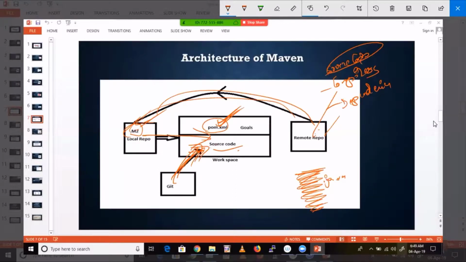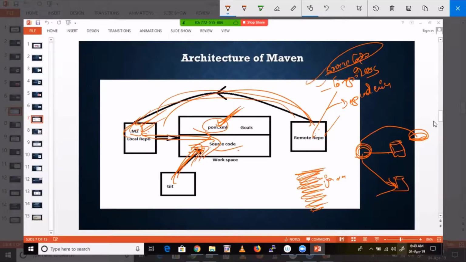Same as in Docker, we have seen, right? If you want to create any container, first it will pull that image from Docker Hub. It will place that image on the local machine first. From there, it will use it to create a container. Next time, if you want to create one more container with the same image, it will directly use this image. It need not pull again from Docker Hub. Same here also: compilers and dependencies it will pull from the remote repository, place in the local repository, and use from there. Next time, if you want those compilers and dependencies again, it won't pull from the remote repository again. That's how it works.